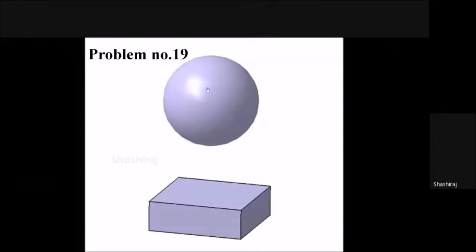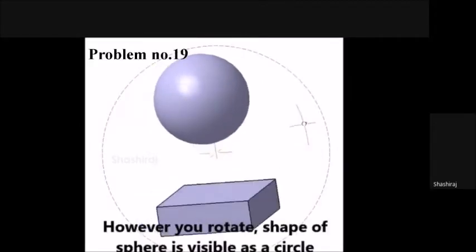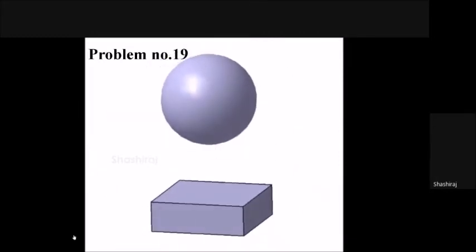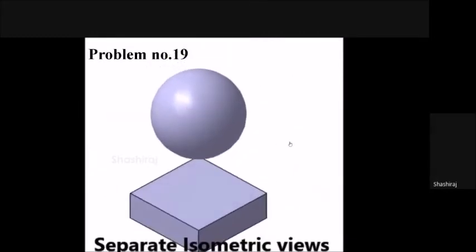Remember this. For any sphere or spherical shape, however you rotate or however you keep, it looks like a circle. Any view, where you place it, even if you rotate it, it looks like a circle. It will not reduce in its size in isometric. Play this animation, just observe. Both objects are in 3D space. See, even if you rotate, size of prism changes, but sphere looks like a circle. And when you keep both of them in the isometric position, it looks like this.